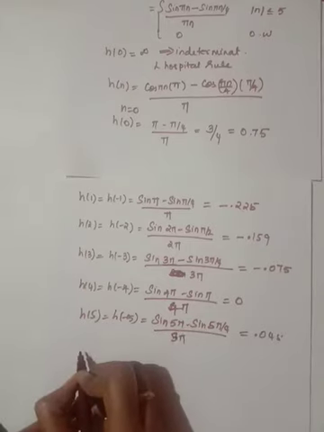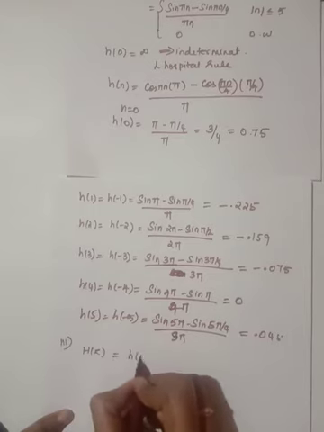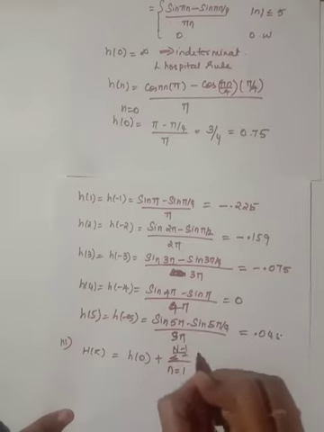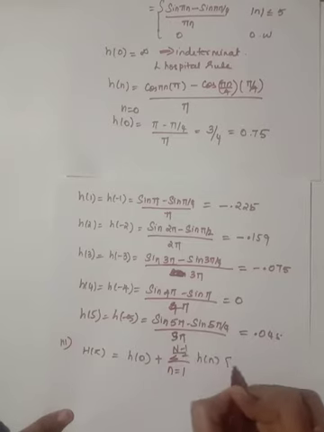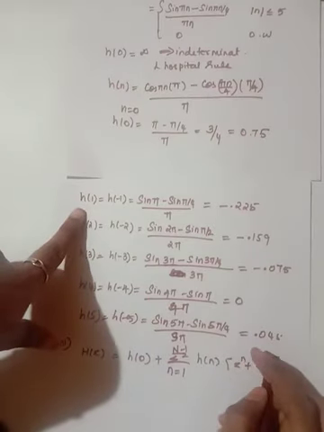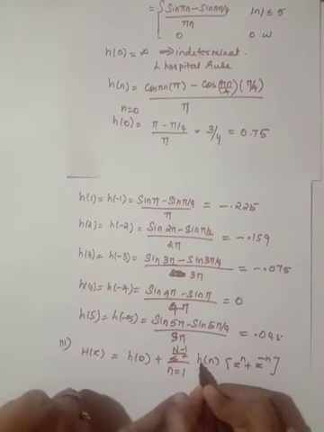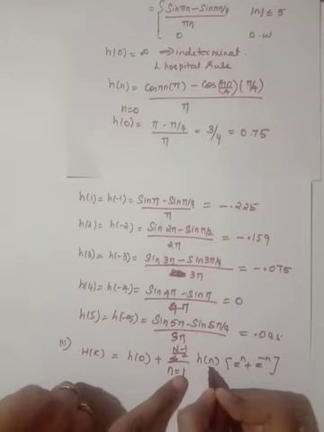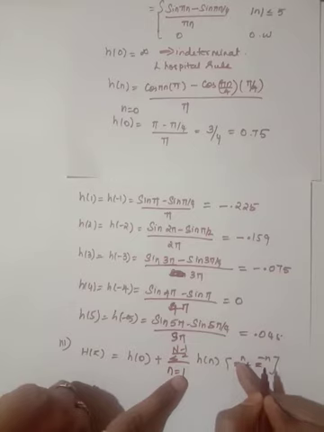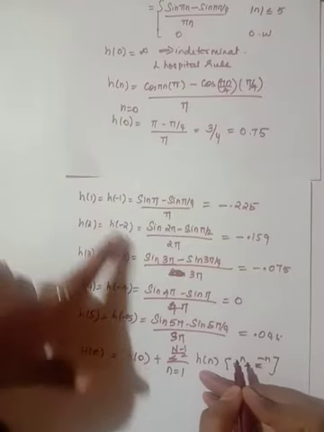So next step is, the third one is h of z. Okay. So the h of z formula is h of 0 plus summation n is equal to 1 to n minus 1 by 2 h of n into z power n plus z power minus n. So here I have written like this, h of 1 is equal to h of minus 1, right? The reason is that when you substitute n is equal to 1, this coefficient is the same for the index n is equal to 1 and n is equal to minus 1. So I have written h of 1 is equal to h of minus 1.